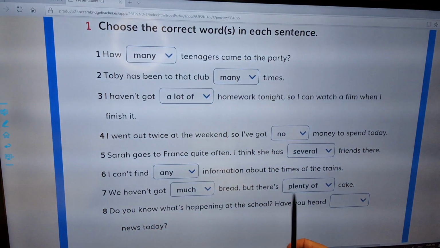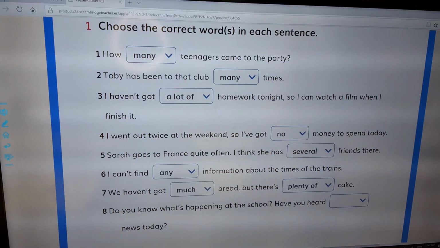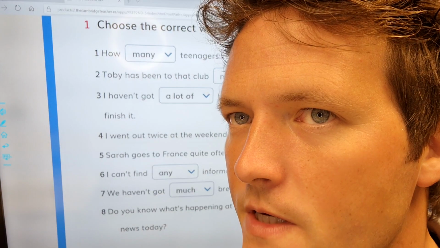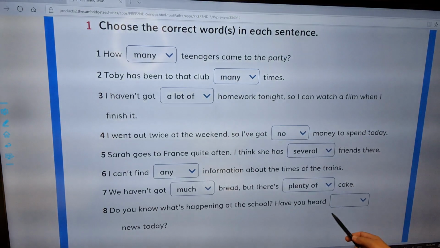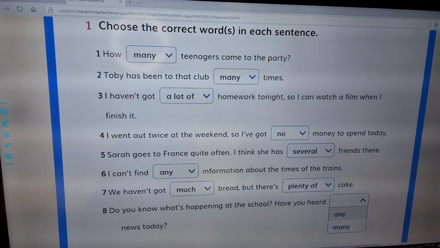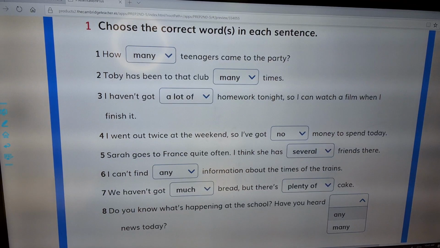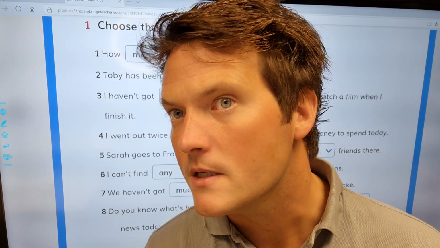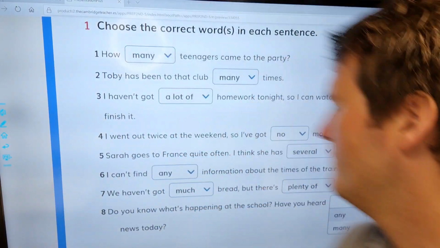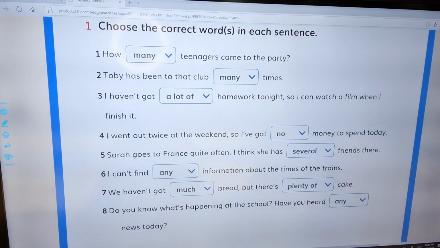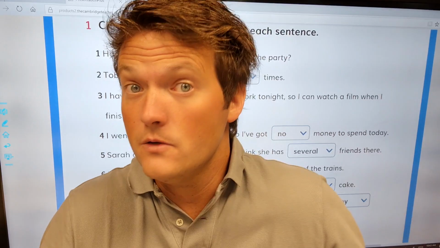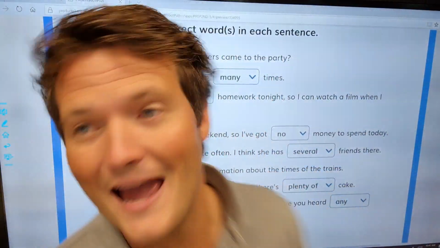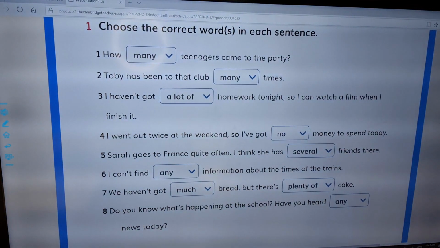Number 8. Do you know what's happening at the school? Have you heard news? Oh, this tricky word, news. Have you heard any news or many news? Maybe you could say, have you heard much news recently? But no, have you heard any news today? I need to know. Have you heard any news? Any news at all? You see how the word any is not negative? Anyway,